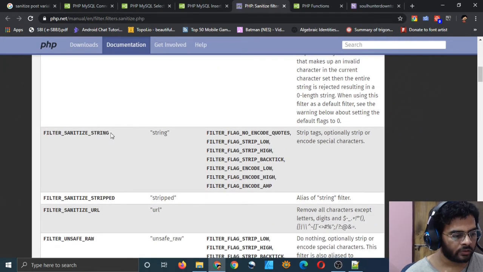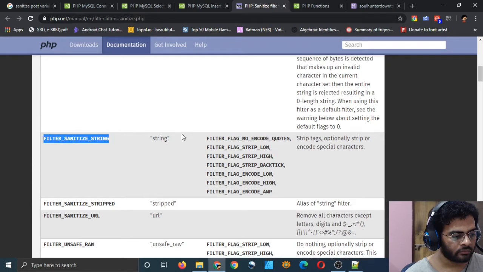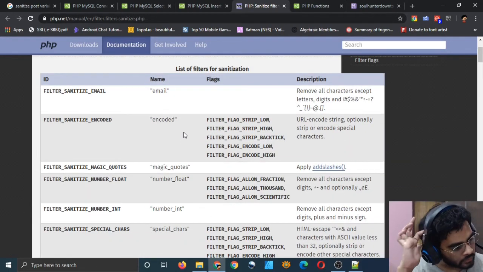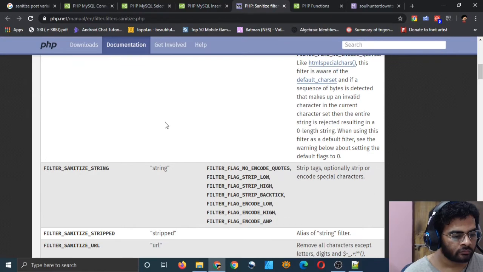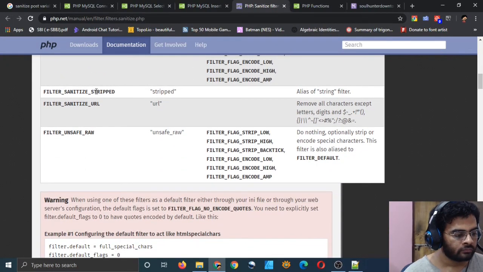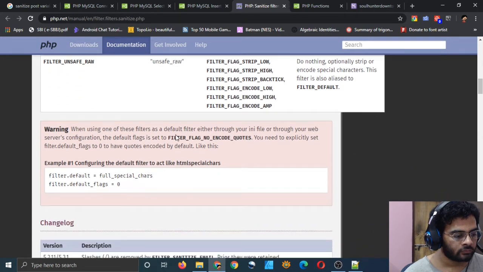I think I will use filter sanitize string, and you can also use this for email. Filter sanitize email, filter sanitize string. So all these things are there.